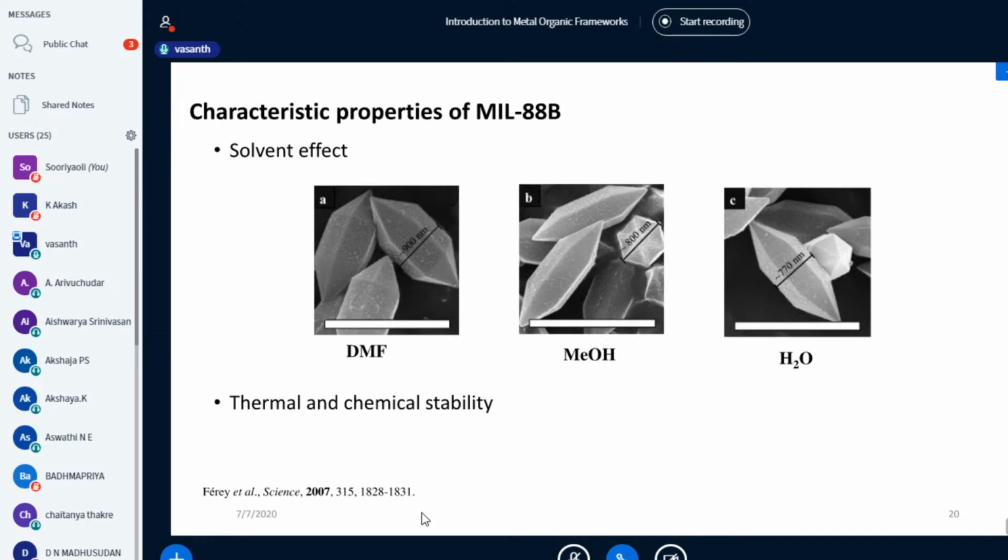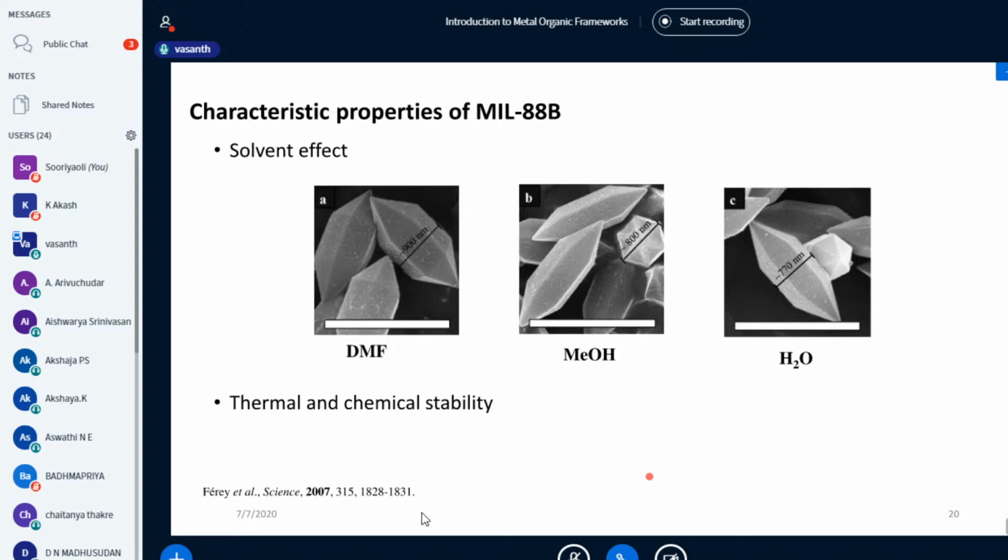So when we see the structure of the molecule with the microscope, it looks like this. It's like a spindle-shaped molecule. This molecule especially has one important property: it can vary its size in different solvents. If I take this material, it will be like a powder in structure and shape. If it is sprinkled with a small amount of water, it can swell up to 700 nanometers.